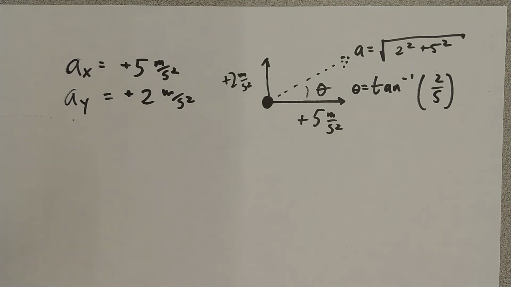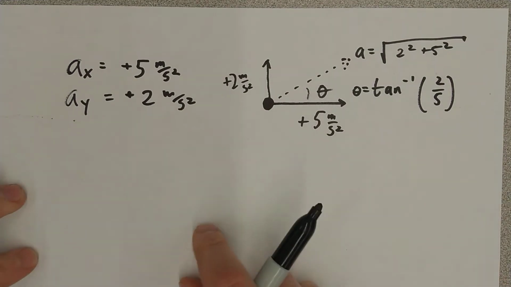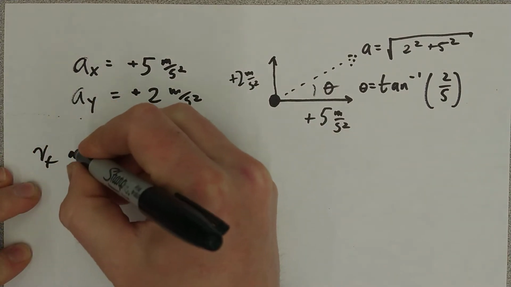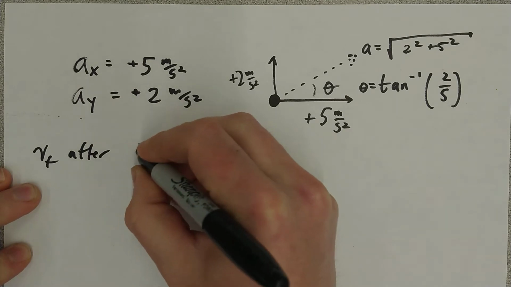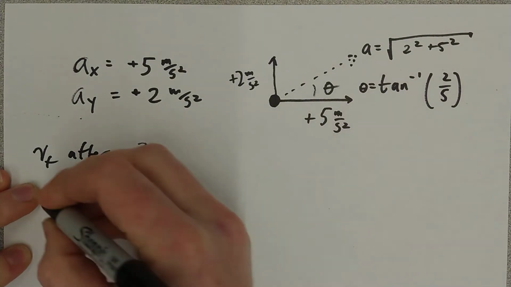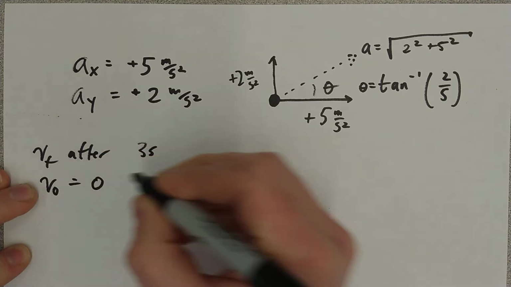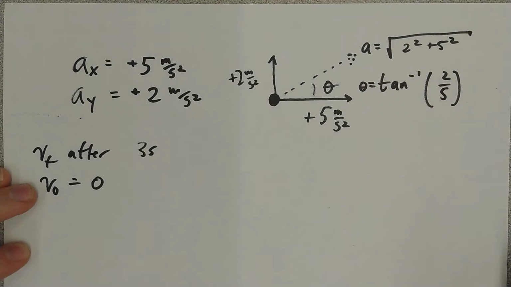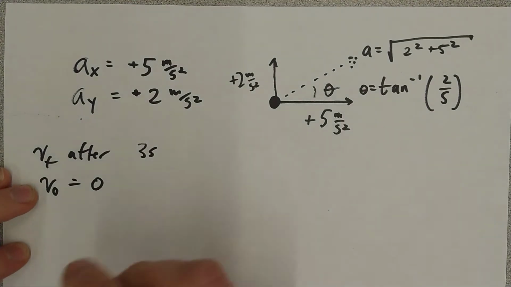If I wanted to find out what the final velocity, let's say VF, after 3 seconds of motion, right? So I do delta V, let's say V naught equals 0. What's its final velocity going to be? What's its final position going to be? Well, I would do it